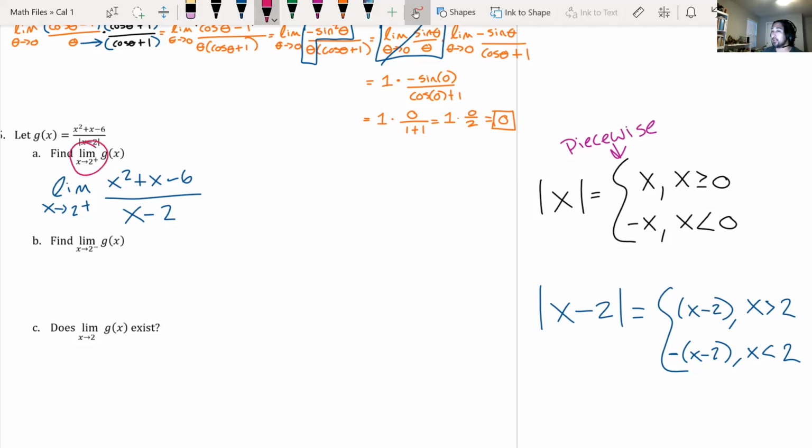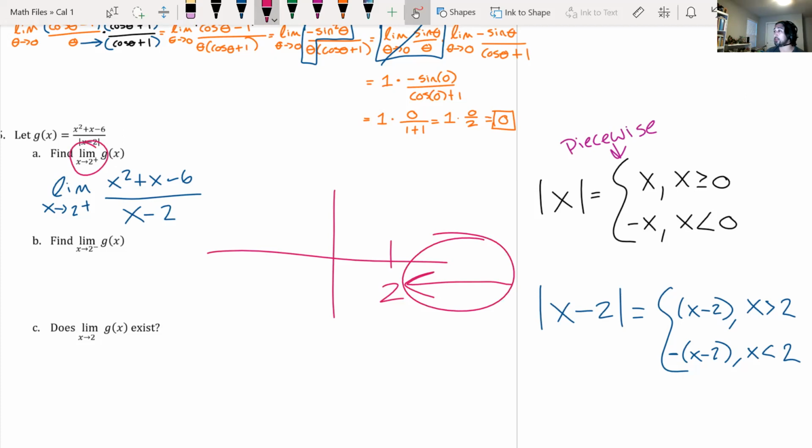So first we're looking at the limit. This says the limit as x approaches 2 from the right. So if I were to draw a graph, here's 2. If we approach 2 from the right, this means we're coming from positive infinity, right? Which means that every number to the right of 2 is going to be greater than 2. So that means that this limit